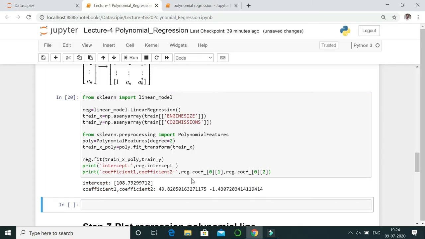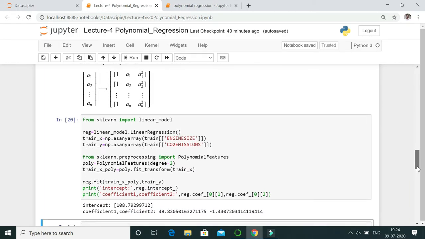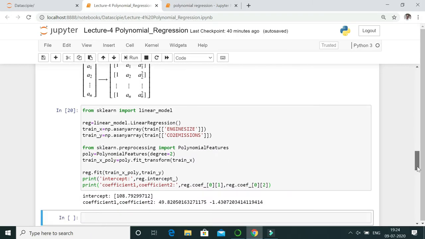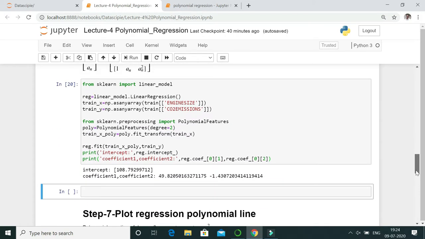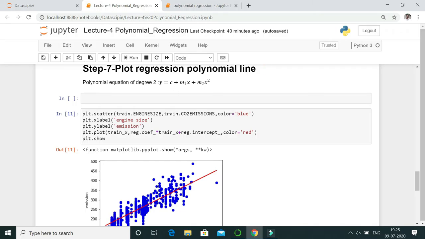So when we execute it, we get two coefficients. Coefficient 1 is 49.8 and coefficient 2 is minus 1.43 and the intercept is 108.79. So it means our equation is y is equal to 49.8x plus minus 1.43x square plus 108.79.